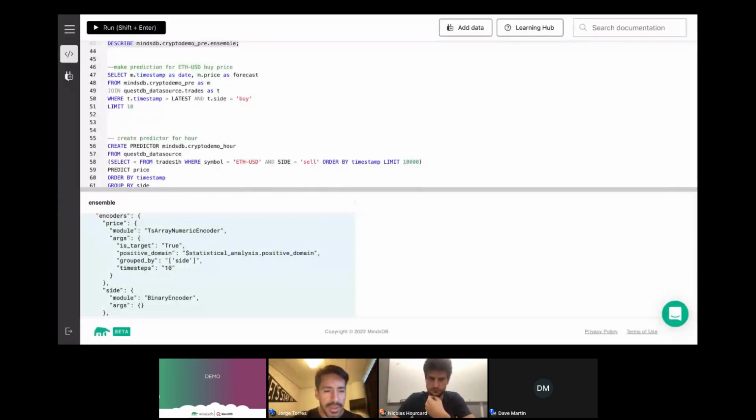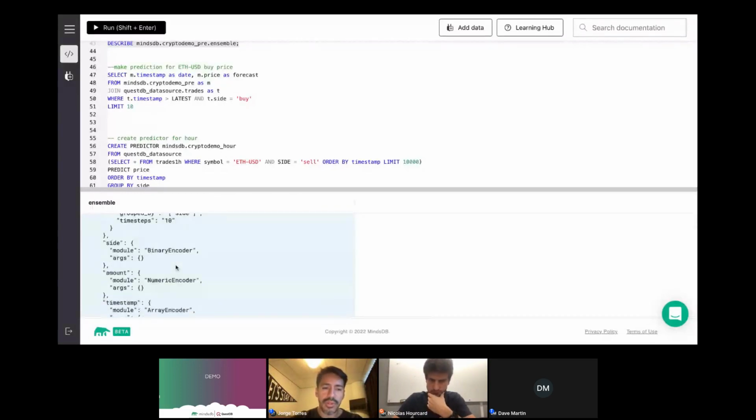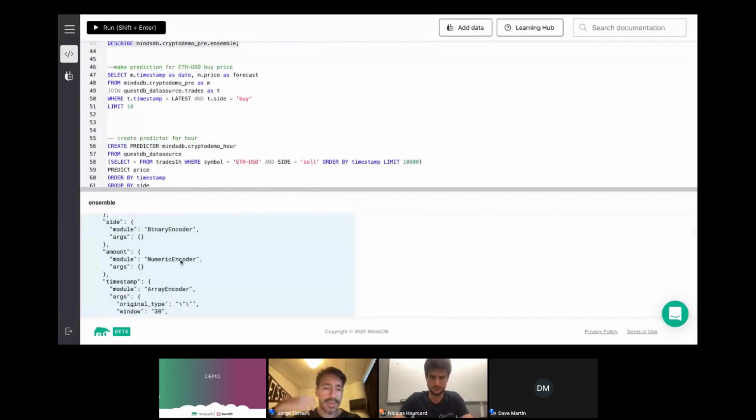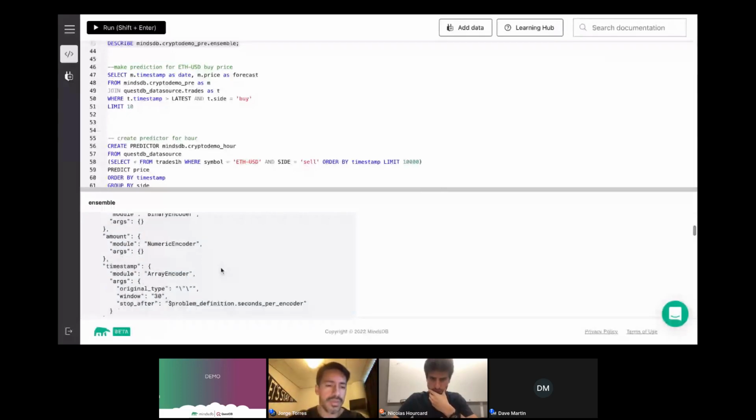Now, the other thing that it sees is, okay, there's another variable called side, and it's a binary encoder purely because you only have two values. You have either buy or sell. And then there is amount, which is the actual value that you want to forecast. Here, the text is a numeric encoder. You can change this. Let's say you wanted to train it only in the positive domain, and there are no negative amounts. Actually, here the AutoML made an assumption, but you could even optimize this. You can say, okay, positive numeric encoder, and then it will only take positive values for the amount.